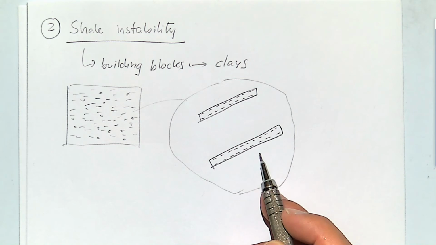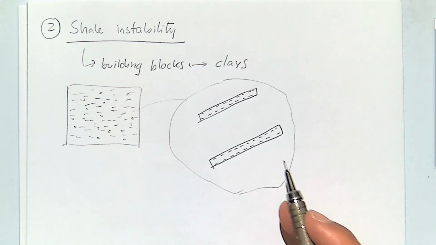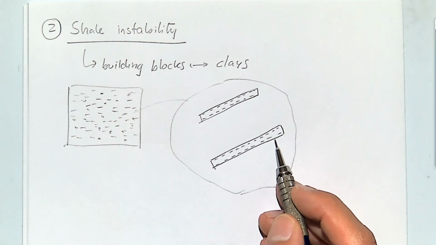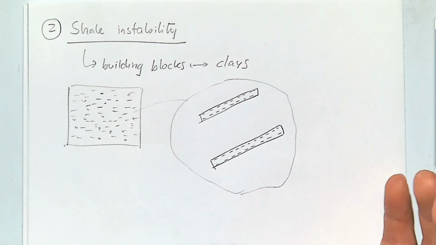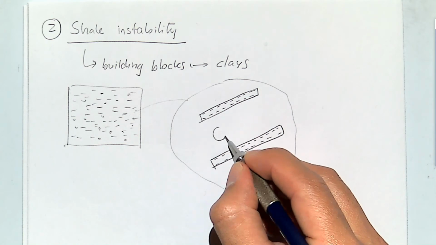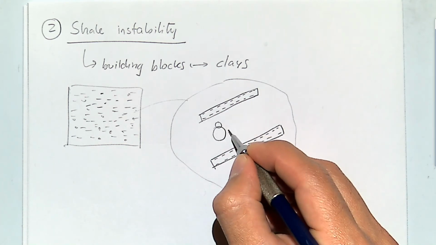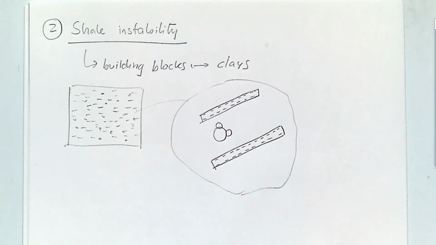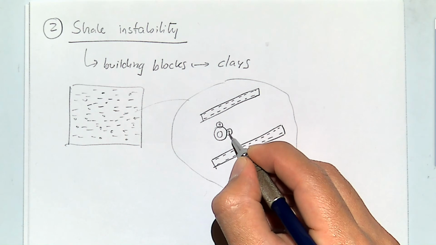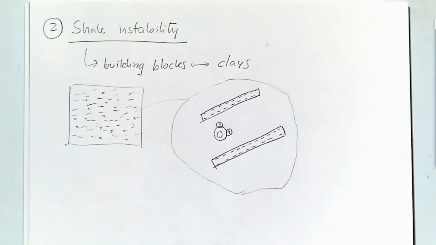This electrostatic charge is the same. So clays are electrically charged. And in order to counterbalance this charge, that's where the water comes into the picture. And water is made of oxygen and hydrogen, right? Where the oxygen is the big molecule and the hydrogen are the small molecules, so that when you put them